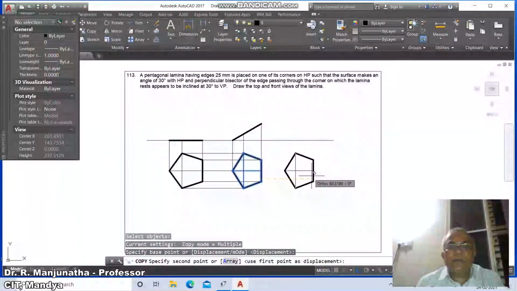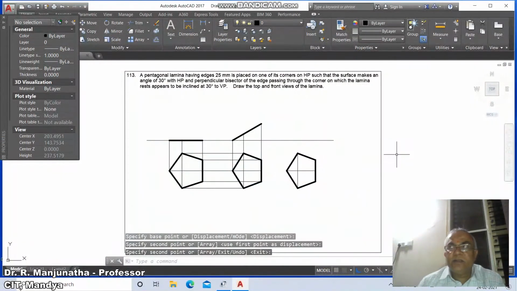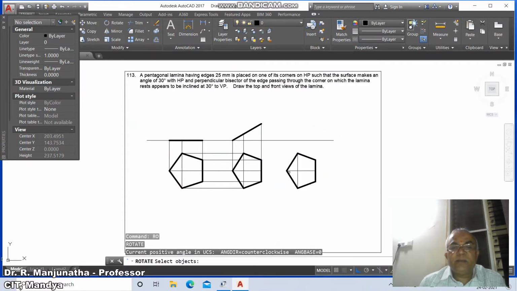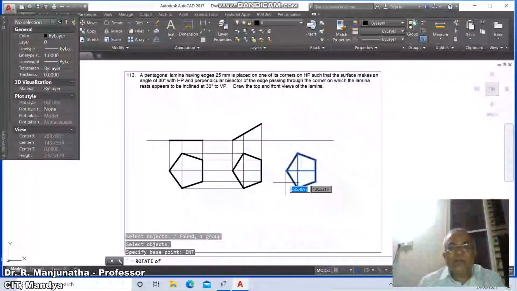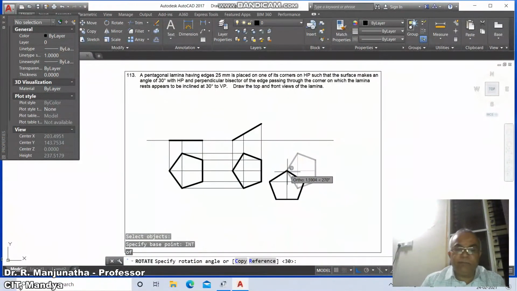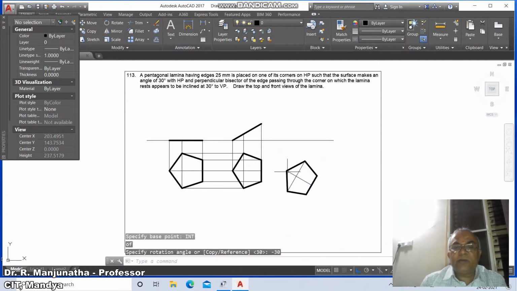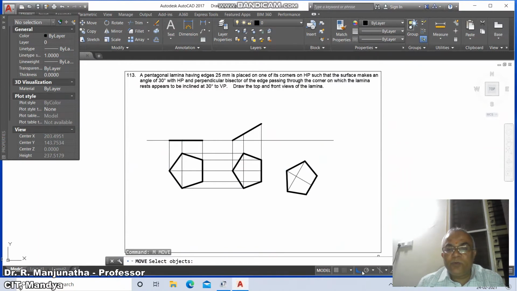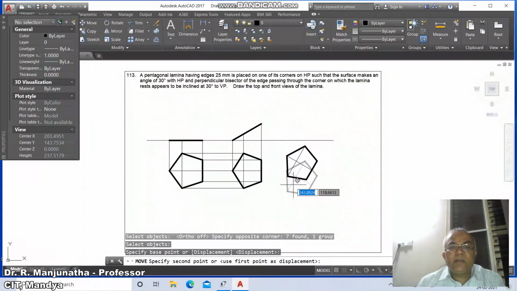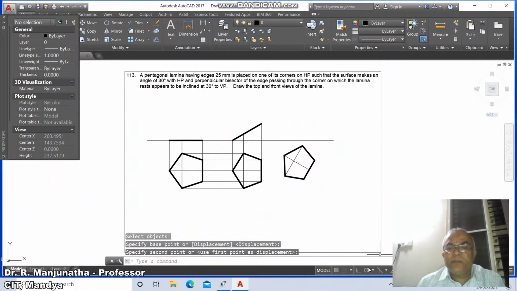copy to some convenient distance in the third position top view, then go to rotate, select this and take intersection part of this and the rotation angle as -30 because I want to rotate in clockwise, then go to move, switch off the ortho mode, select this and take it and place it wherever you want, then go to put